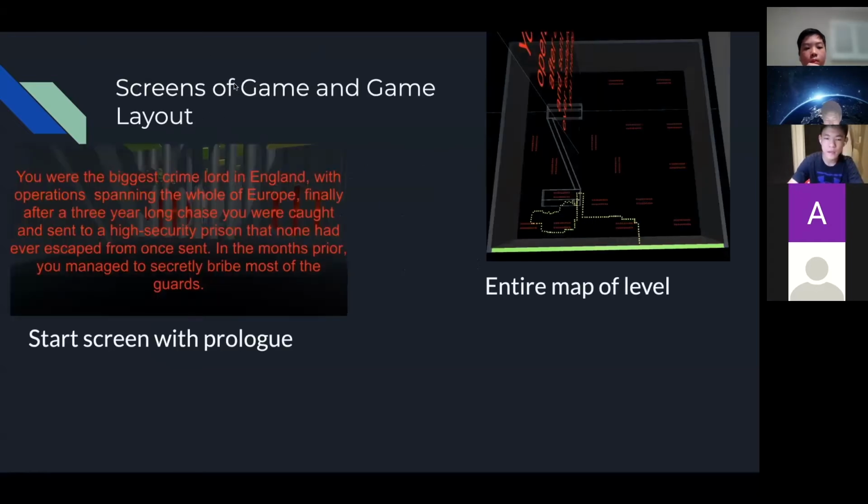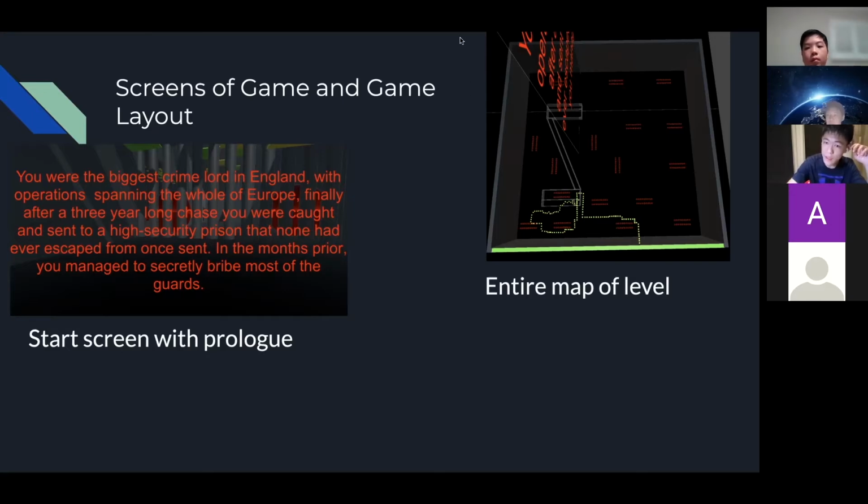Here are the screens of the game and the game layout. This is the start screen, followed by the prologue, which gives you context.